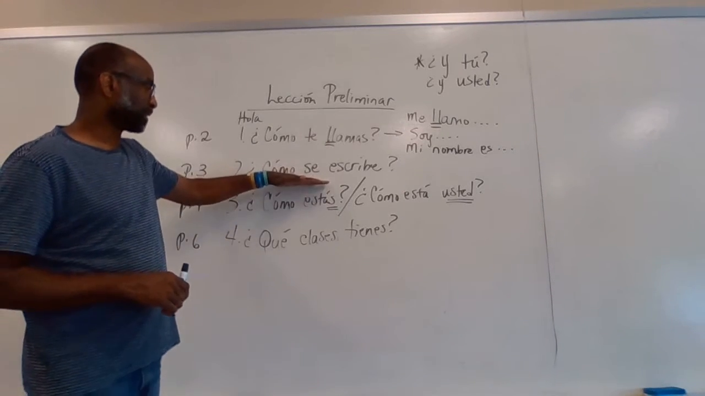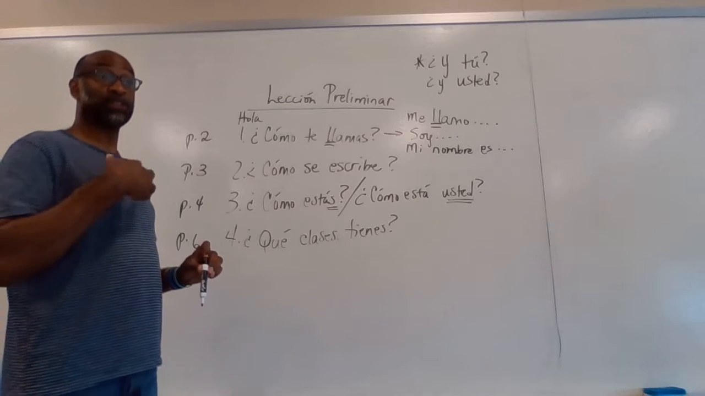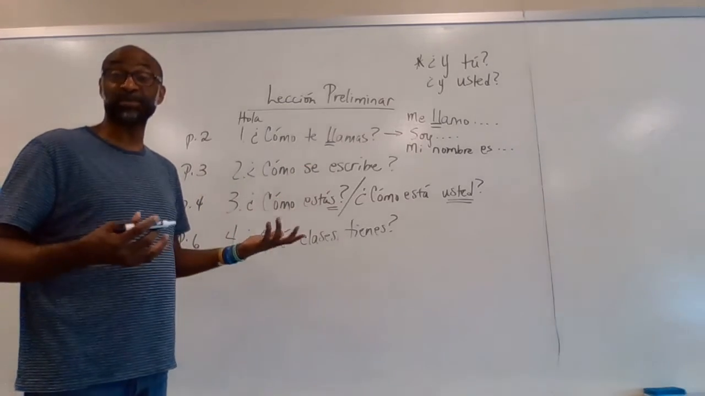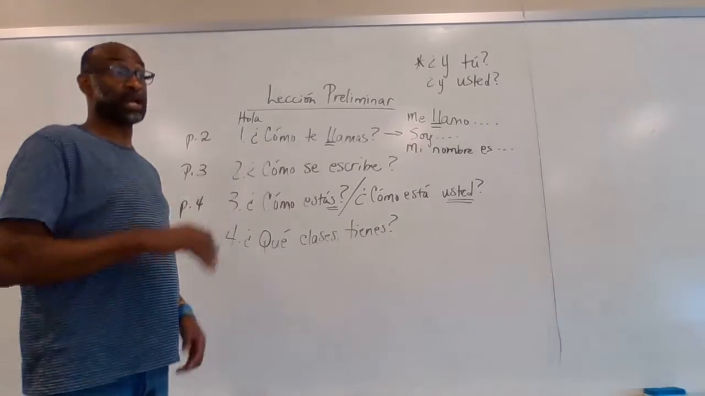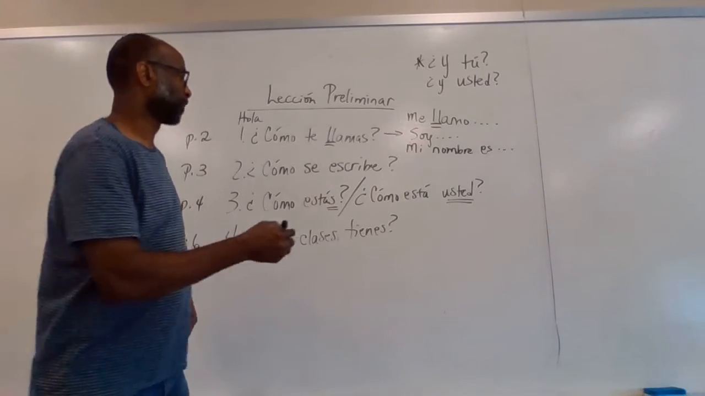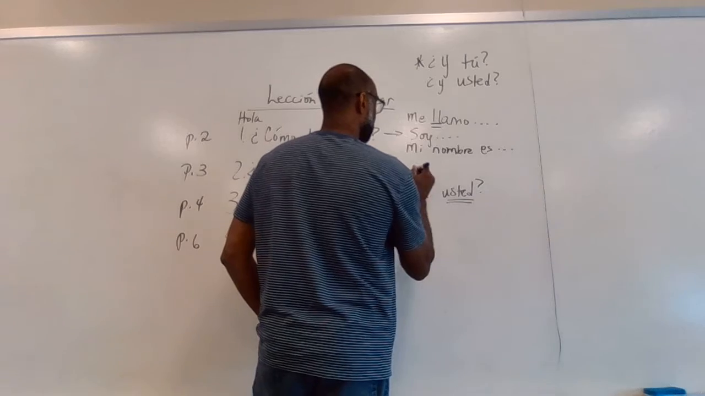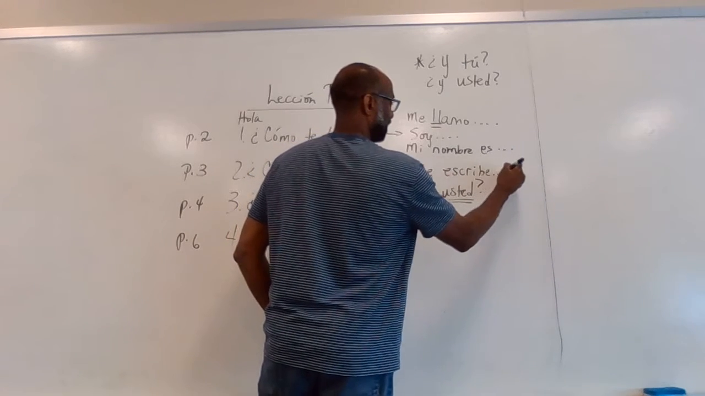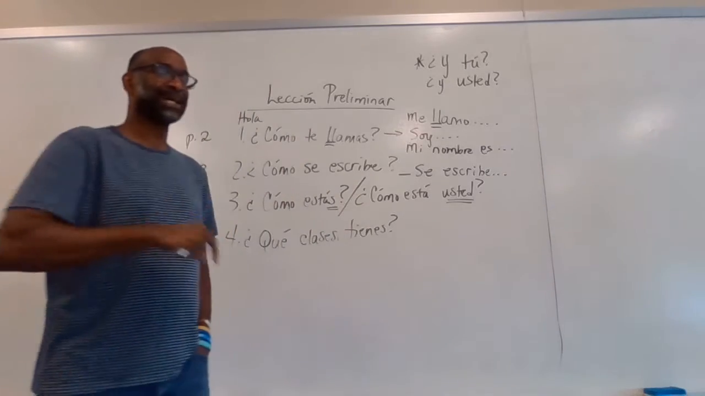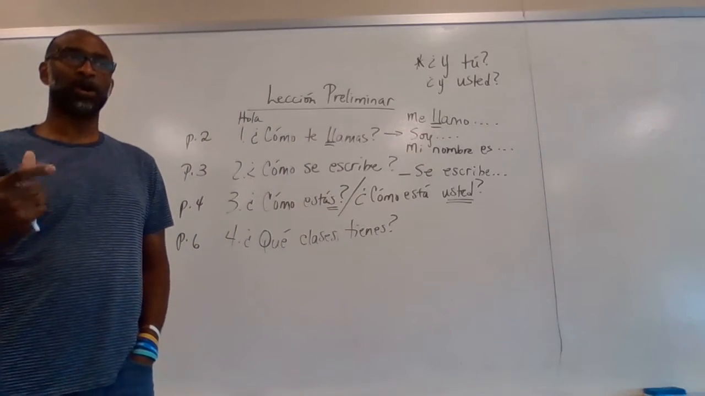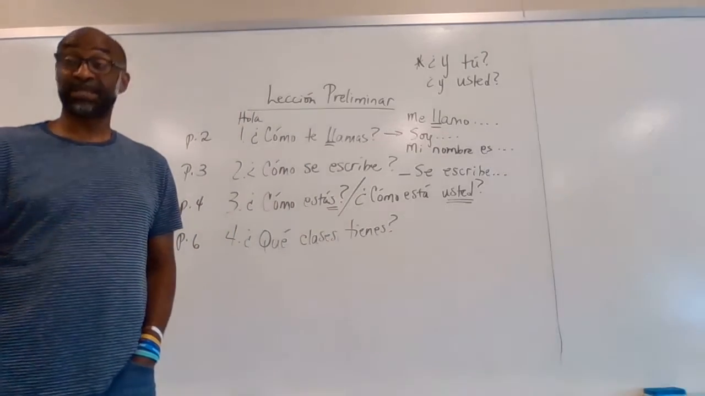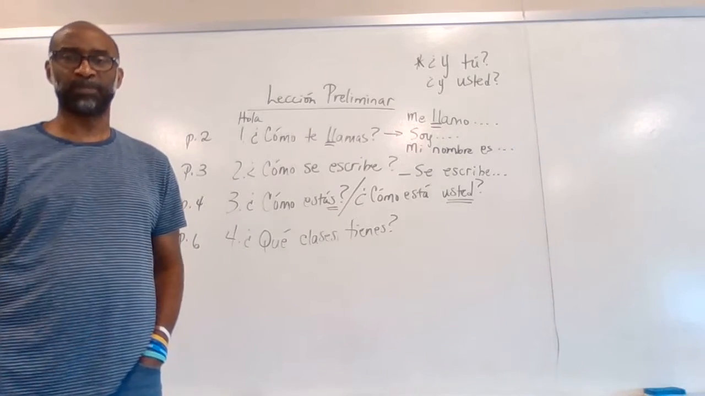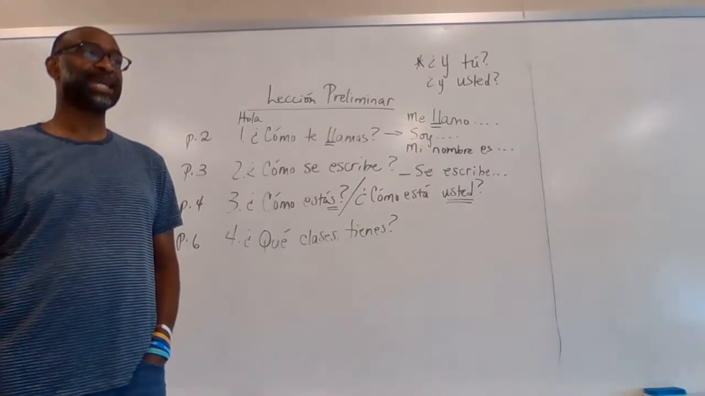A follow-up question that they introduce on page 3, after you've exchanged names, is ¿cómo se escribe? How is it written? This is where you would use the alphabet to spell your name, right? They demonstrate with the guy's name, Nico, se escribe, then he gives the letters N-I-C-O. You can practice using the letters that you see listed on page 3 to spell your own name or to spell a word you're familiar with. Se escribe